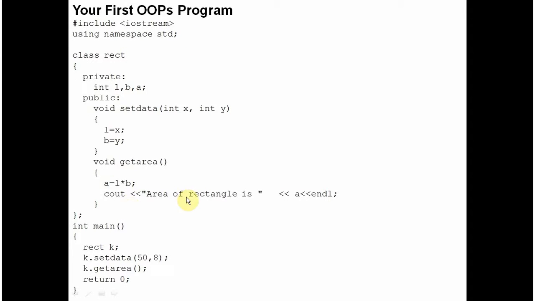These standard input-output commands are basically collected into one package. We are calling them namespace. That package is known as std. So when you write using namespace std, you are telling the compiler that the commands or methods that will be discussed in this program are from this std namespace. So it won't collide with any commands from other namespaces.